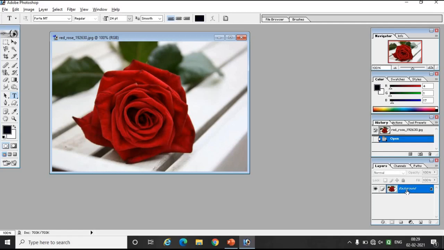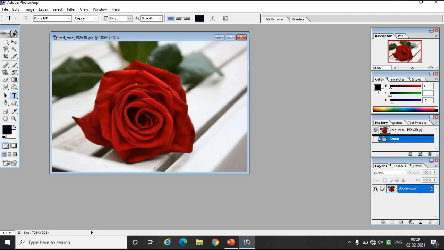After that, the next one is the layer panel menu. So these are the menus of a layer panel. So here see, these are the menus of a layer panel. That is normal, opacity, lock, fill. These are the menus of a layer panel. Okay. So I hope you understood what is there in a layer panel.